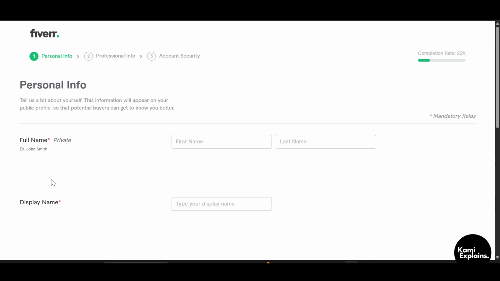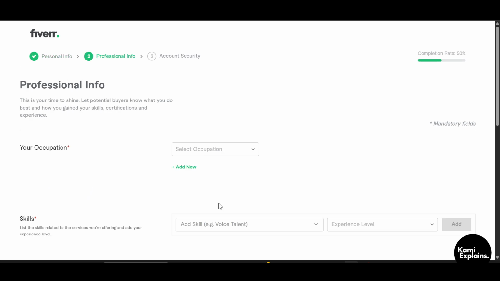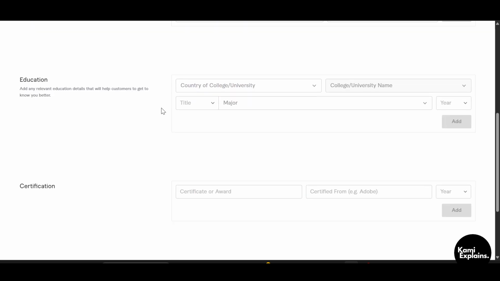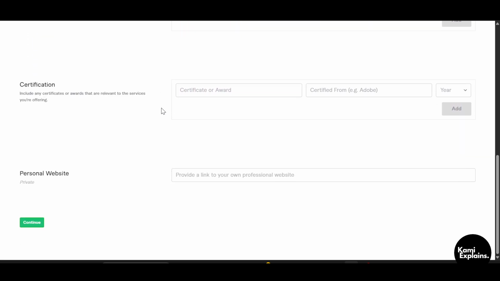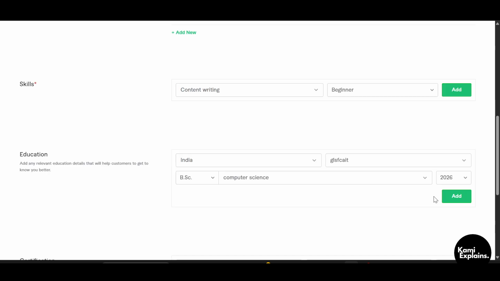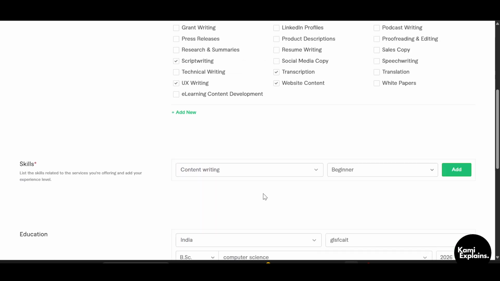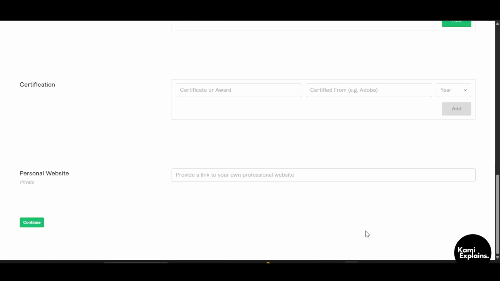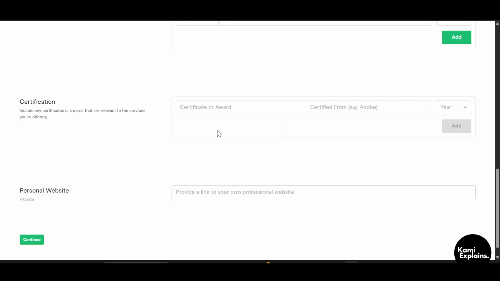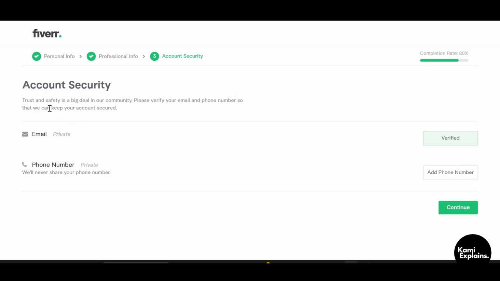So first off, type in your personal info. After that, it will ask you for your personal info like your occupations, your skills, your education, certification, and personal website if you have. So as you can see, I have added my education, my skills, and my occupation. Now I'll just simply add my certification or my personal website. After this, it will ask for your account security to just secure your email and phone number. Then simply click on continue